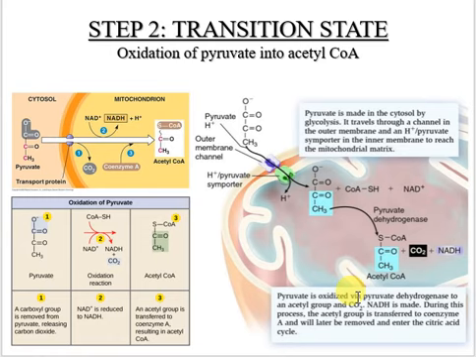In this stage, the pyruvate is being oxidized through a series of processes to create a compound called acetyl coenzyme A. Now, this whole step is carried out by a multi-enzyme complex, and it will catalyze 3 reactions to bring pyruvate